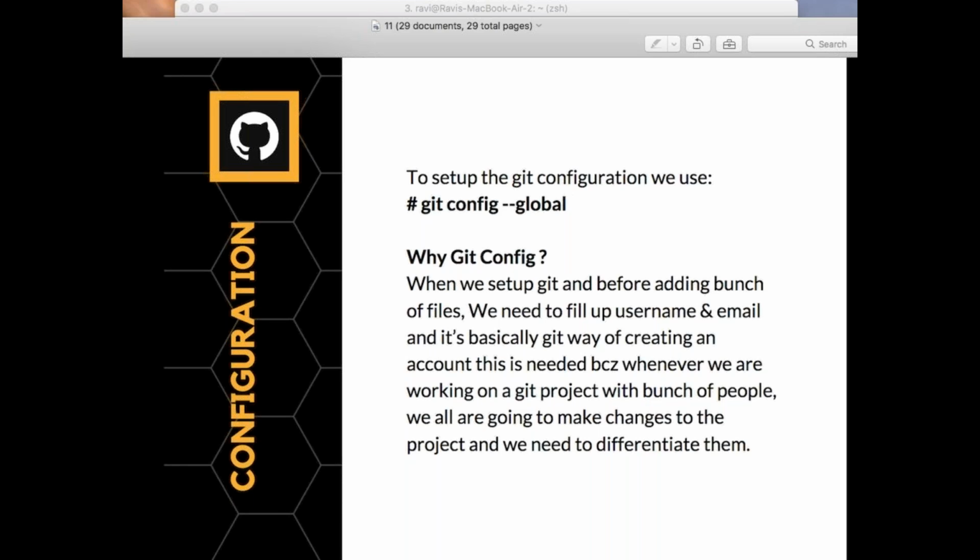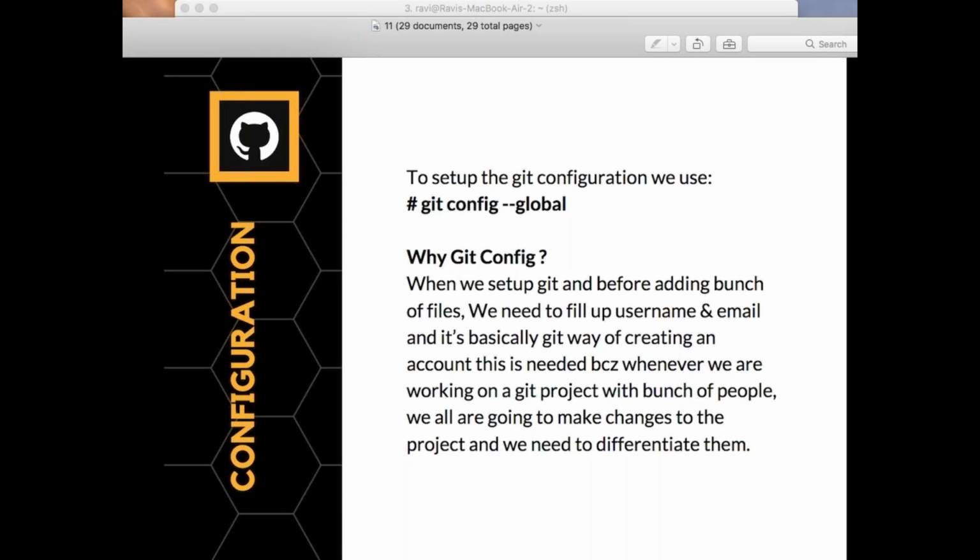Now this machine belongs to one developer, isn't it? The developer can be part of multiple projects, isn't it? He can work on 2 or 3 or 4 or 5 projects, right? So this configuration is going to set up one particular account for you, because you are pushing different kinds of changes. For these changes you want to identify which developer you are, and you can configure it over there.